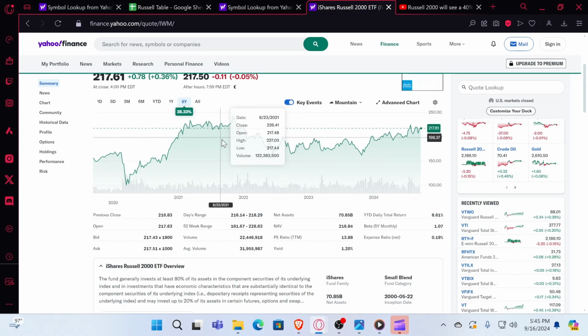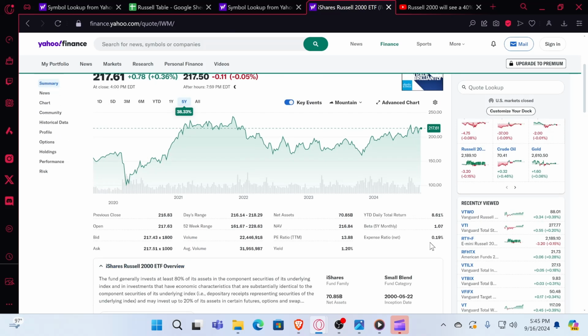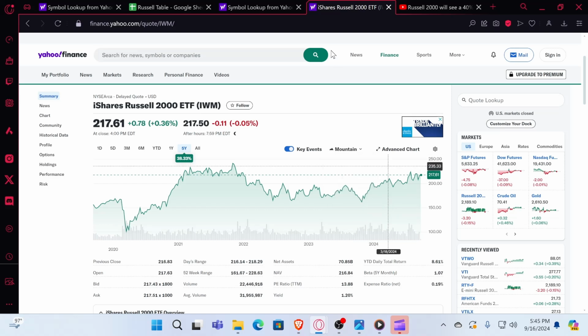So it's really been in this long saucer pattern. But you can see the yield, 1.2%, similar to the S&P 500. And when comparing ETFs that have comparable securities in them, the expense ratio is something to take note of. And so it's almost 20 basis points on the iShares ETF for IWM,